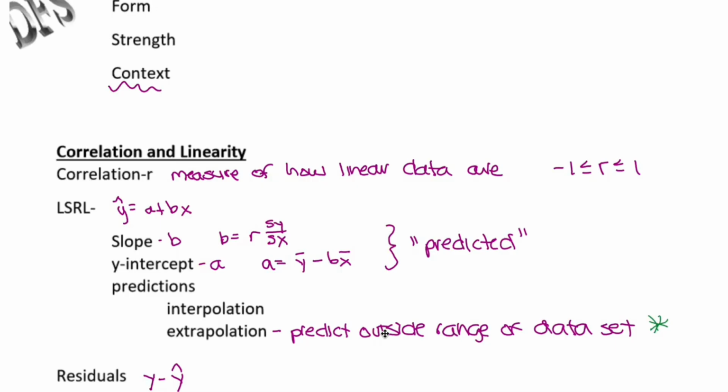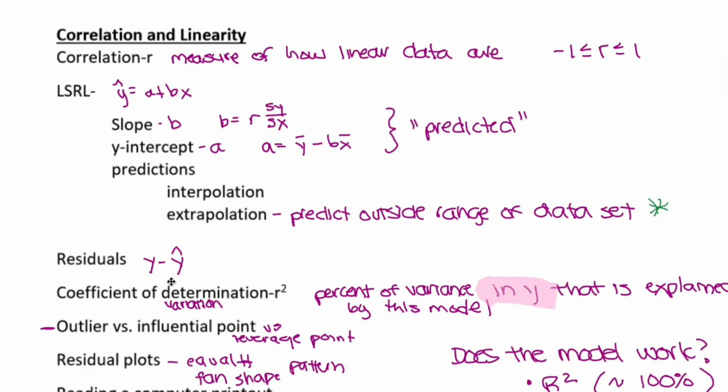For residuals, you use actual minus predicted, which is y minus y hat. Coefficient of determination, also known as r squared. This is also, every time when you're calculating a standard deviation, you're going to first find the variance, or the variation of the